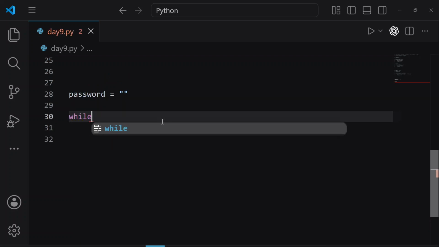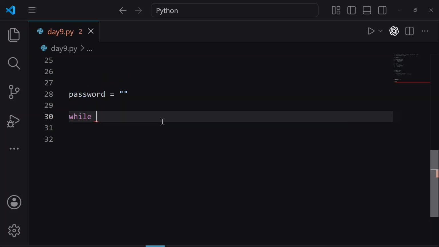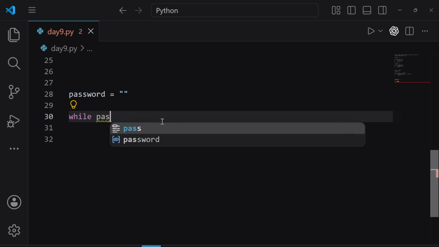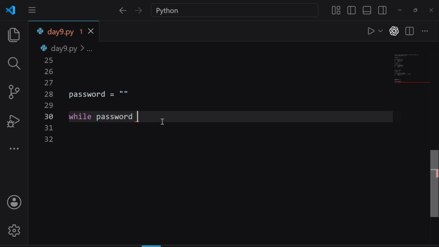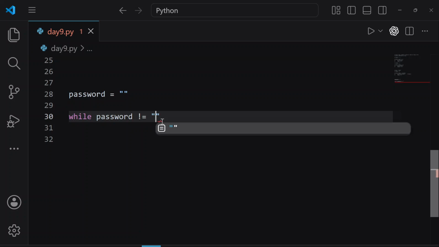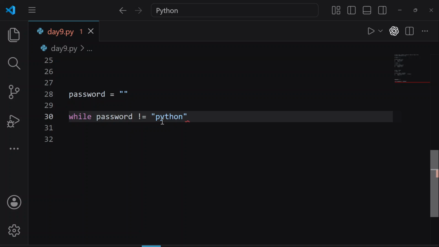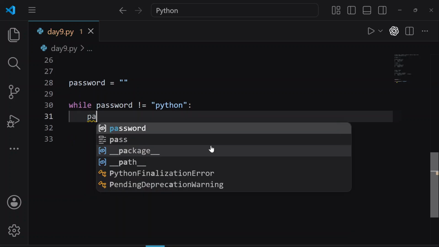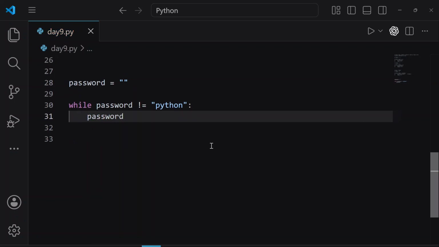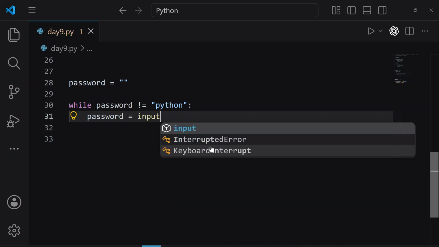So first of all, what we have to do? We have to use the while keyword. Now what we have to do? We have to write a condition that at the end becomes false. So here, I write password is not equal to, now let's write any password. For example, the user can enter many things. So let's give the password Python. Okay, add colon, press enter, and here I'm going to write password is equal to, I'm going to use the